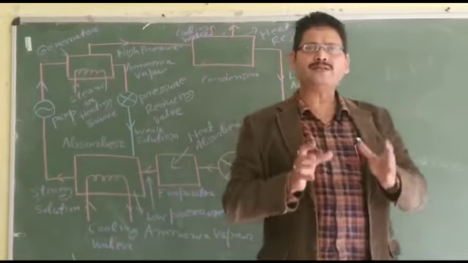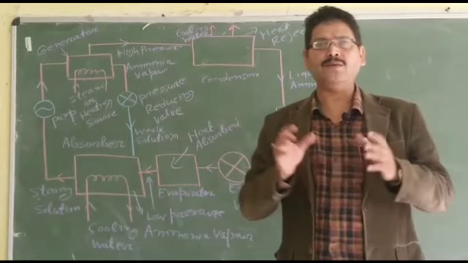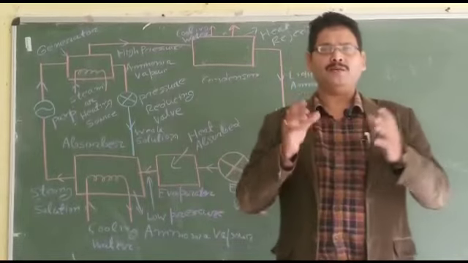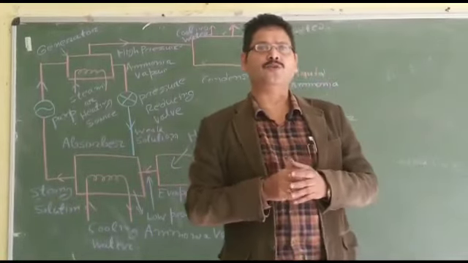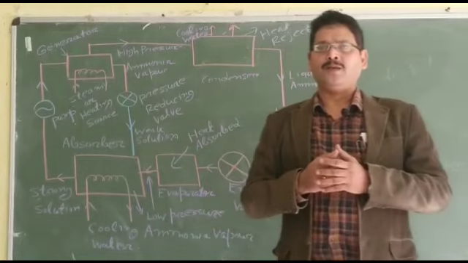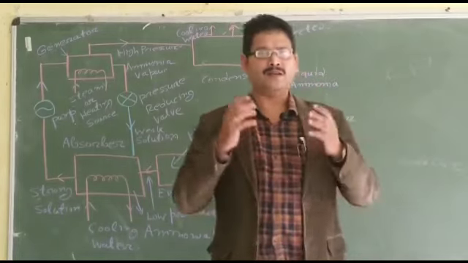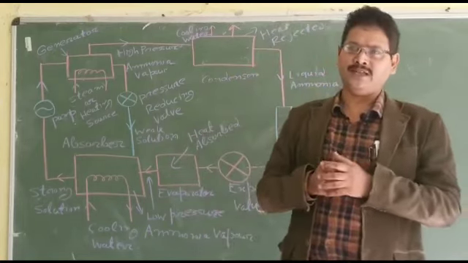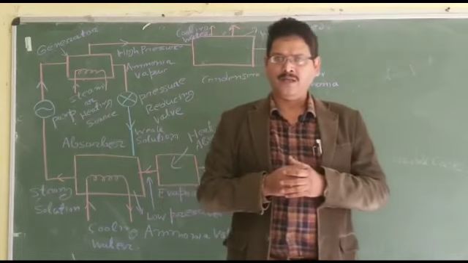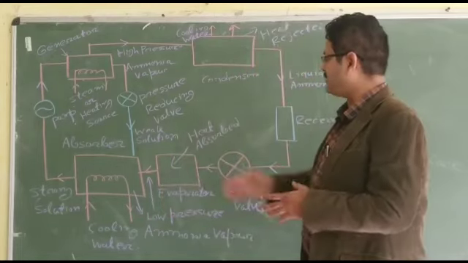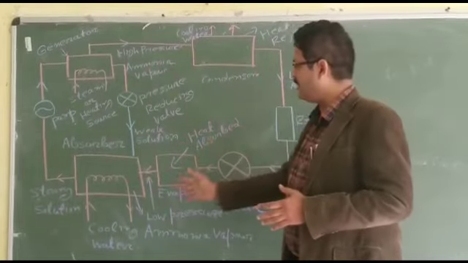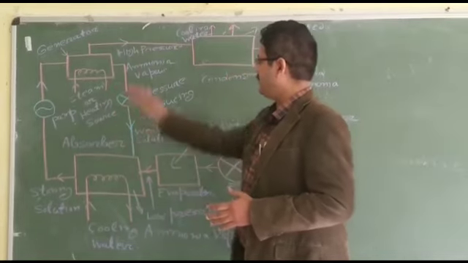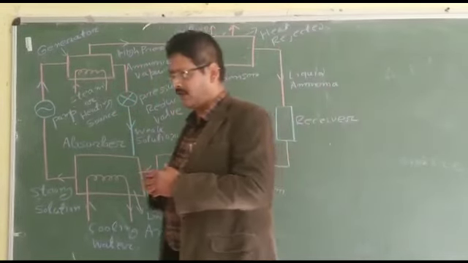So then we should know what is the function of a compressor in a vapor compression refrigeration system. The purpose of the compressor in a vapor compression refrigeration system is to withdraw refrigerant from the evaporator, then compress it, raise its pressure and temperature to facilitate the heat removal in the condenser. But the same thing is being accomplished by this system, which I have already told you comprises of an absorber, a pump, a generator and a pressure reducing valve.